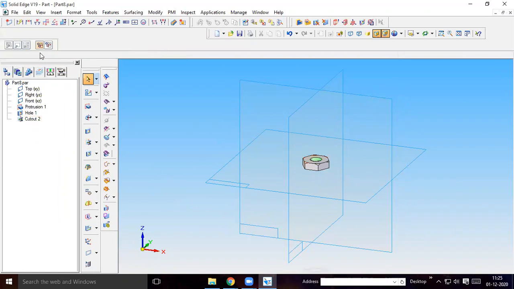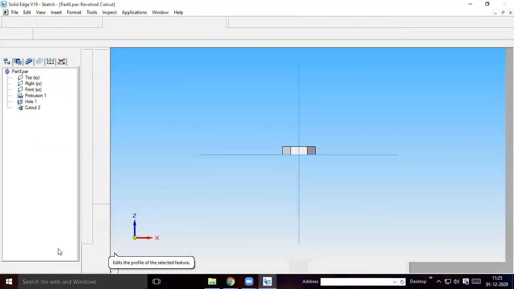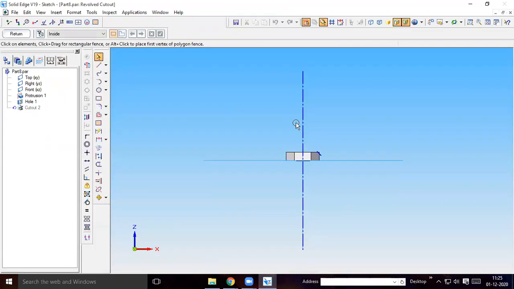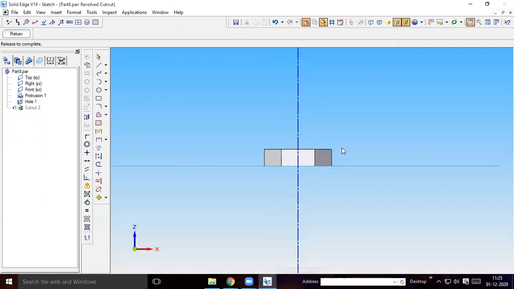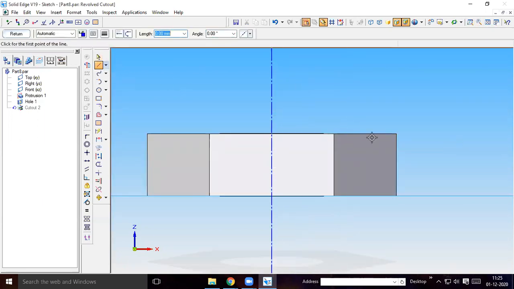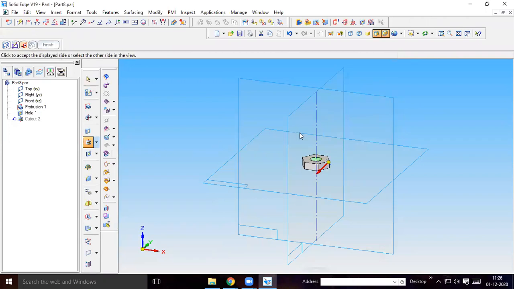Suppose you feel that you only have to change that profile, you can drag this line a little bit down, or else you can delete that line and draw the line a little bit down so that it will be visible appreciably, like this.